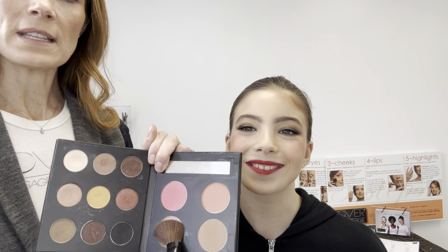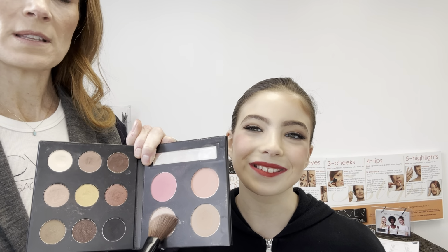All right, so the last few steps, guys, and we're almost done. You can see we did this makeup pretty quickly. You don't need to take forever doing your makeup. Highlighter. So we're going to take the side of our blush brush now. We're reusing this brush,